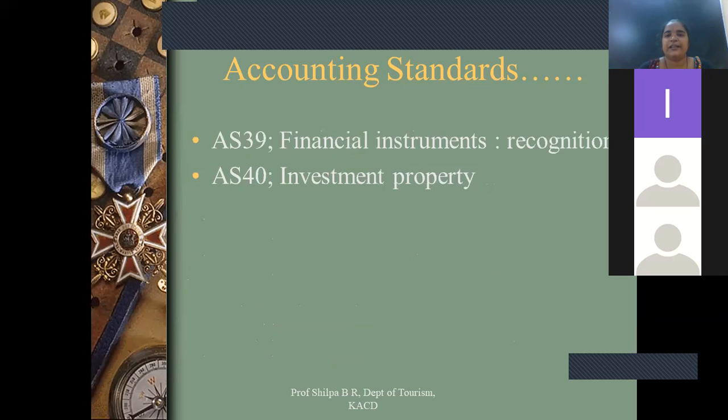Then the last two, finally, financial instrument recognition. Here we are talking about details of any debentures, units, bonds, when they have to be redeemed, when they are going to occur, or when the interest is due. So all those details. It is an extension of the previous one. For financial instruments, we have two accounting standards. So you're going to recognize here when I'm going to repay it back, or which are the debentures which are huge in number, what investment is made.